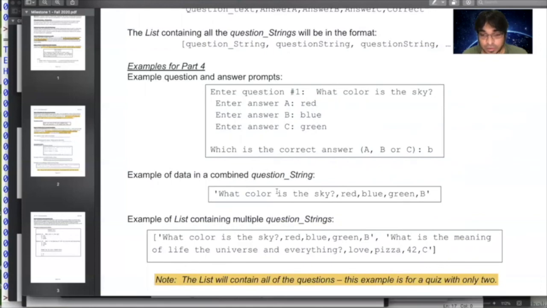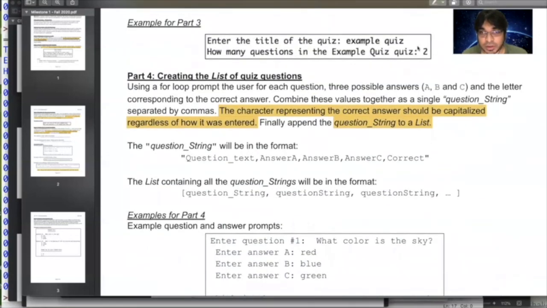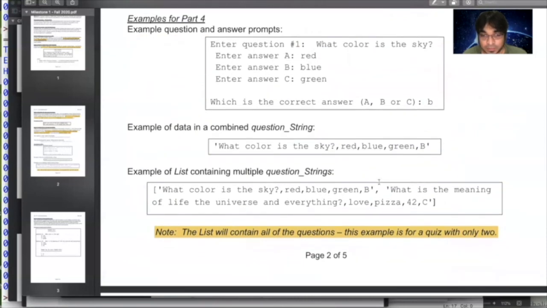However, in your program, it can be arbitrarily long depending on what the user inputted here. Instead of 2, if it was 5, then there would be 5 strings at this point. The first question is, what's the color of the sky? Red, blue, green, or B. The second question is, what is the meaning of life, the universe, and everything? Is it love, pizza, or 42? The answer that has been given is 42.